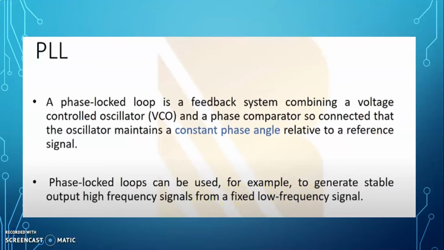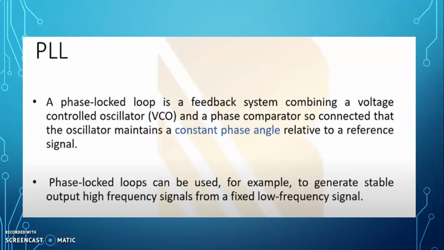The phase lock loop is a closed loop control system. The main components of the phase lock loop system are the voltage controlled oscillator and the phase comparator. In the previous video, we discussed the voltage controlled oscillator. The voltage controlled oscillator is also called the voltage to frequency converter. In a voltage controlled oscillator, the input is a constant DC voltage, also called the control voltage, and the output is a high frequency signal.